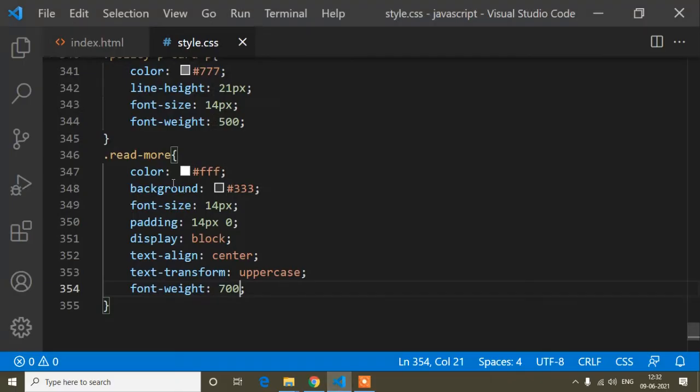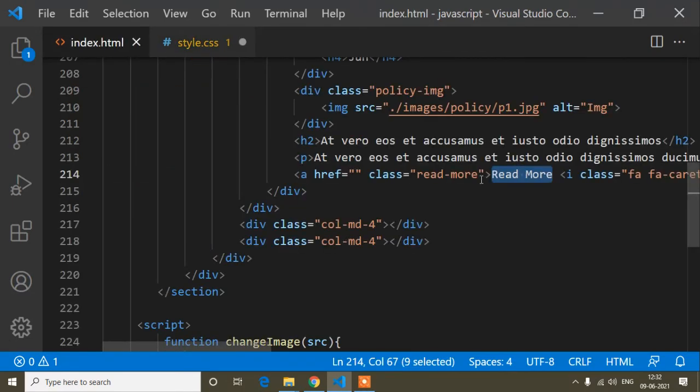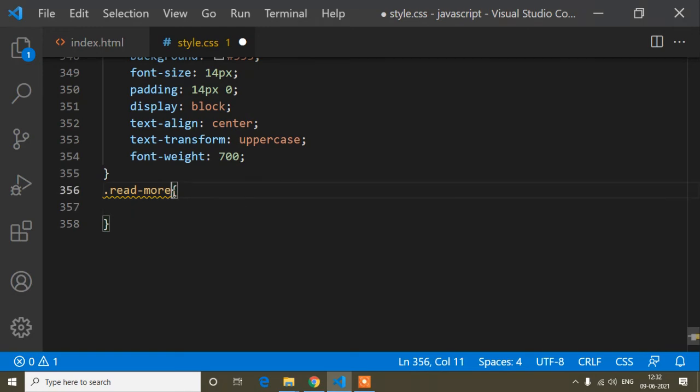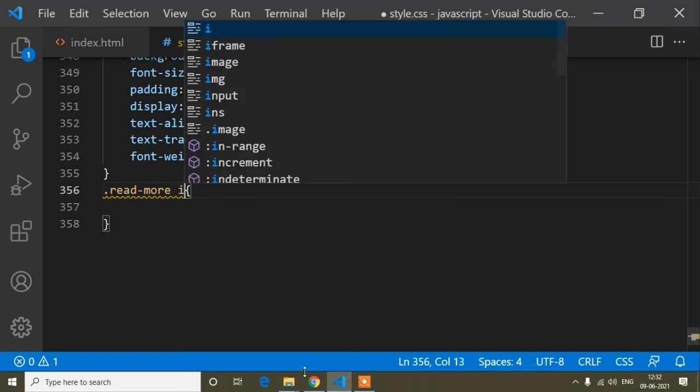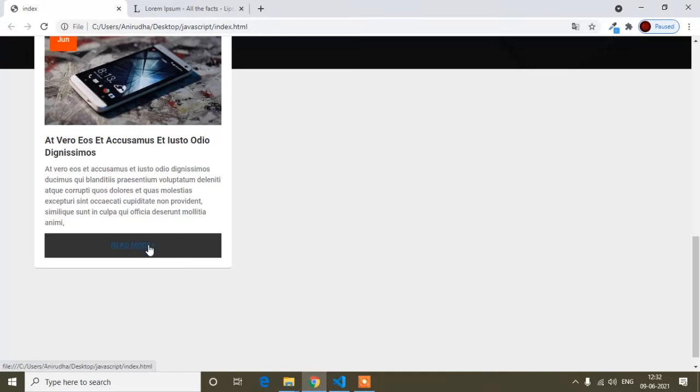So now I will add the CSS for this icon. So I will copy this read more, and inside this read more class there is the I tag, I mean this icon. So I will add some CSS for this icon. Here you can see the content, the button name and the icon, there is no space between them.